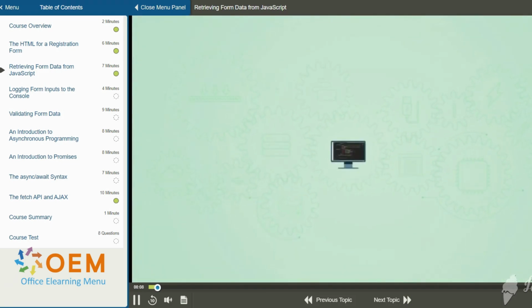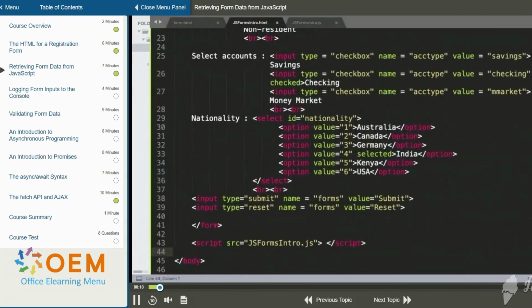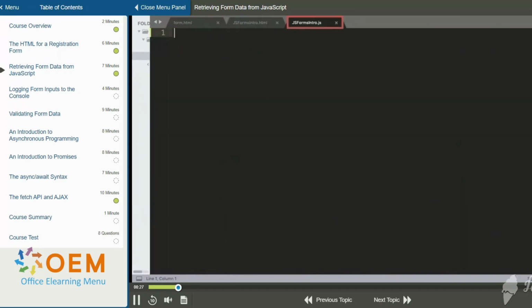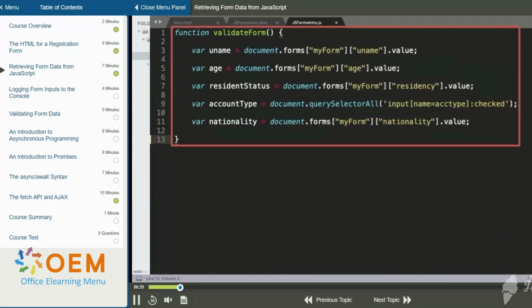In the previous video, we defined an HTML page for our application which included this form, and there are various input elements here which we will access from our JavaScript source file and then perform a simple validation. So heading over now to the JavaScript file, I am going to define the validate form function, and to start